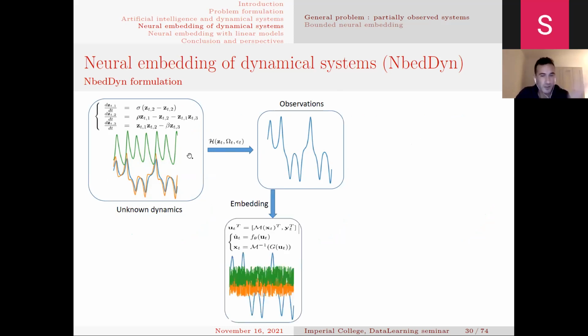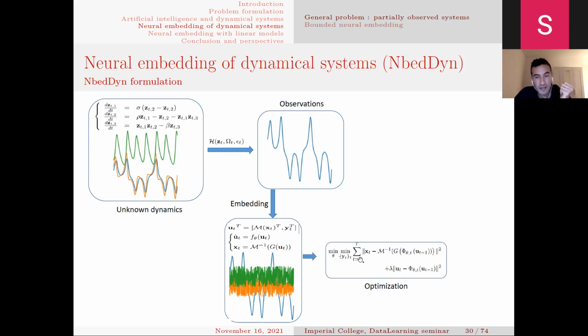We send up these observations into another higher dimensional space U. So it's formed by some transformation of the observations. So M of X here can be used, for instance, in the context of reduced order modeling. And it is concatenated to other what we called here latent variables. And we assume that this higher dimensional space is governed by a differential equation.